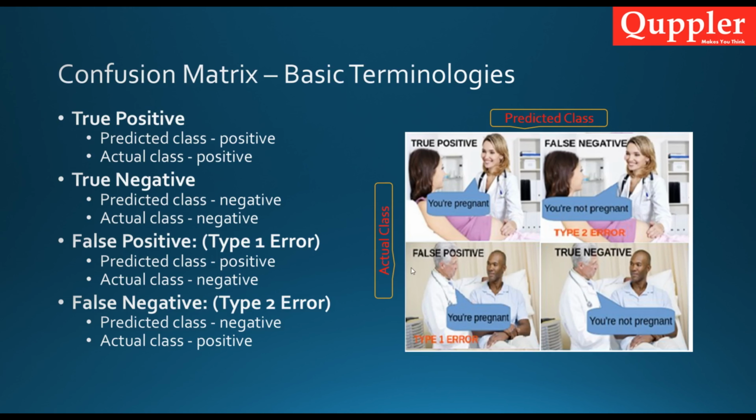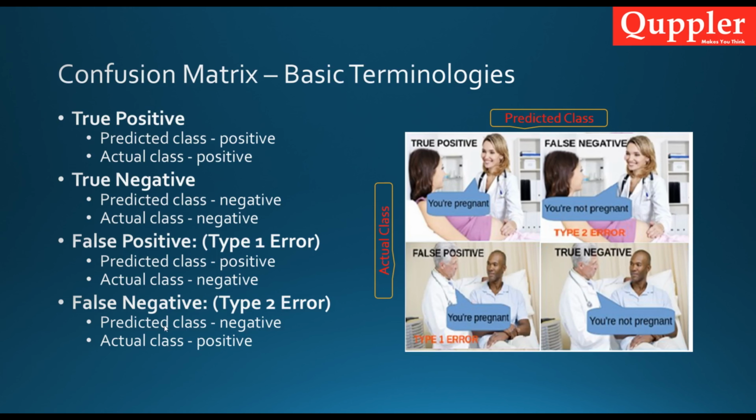The third one is false positive, which we often term as type 1 error. In this case, the predicted class is positive and the actual class is negative, and we term this as false positive. What does this mean? For this guy, if the doctor says you are pregnant, this we can term as type 1 error or false positive. The fourth one is false negative, which we call a type 2 error,